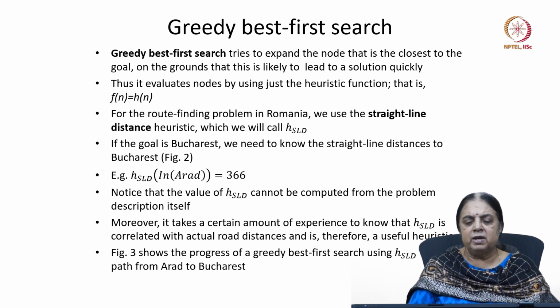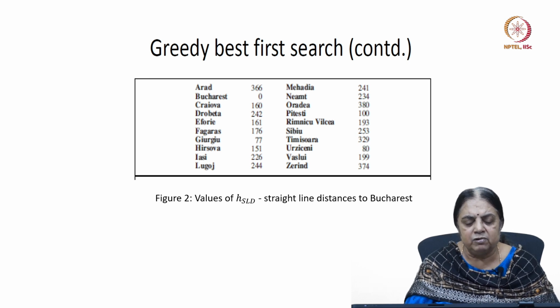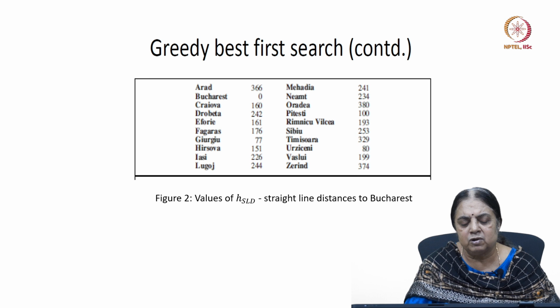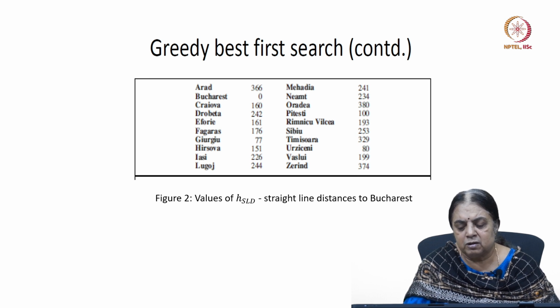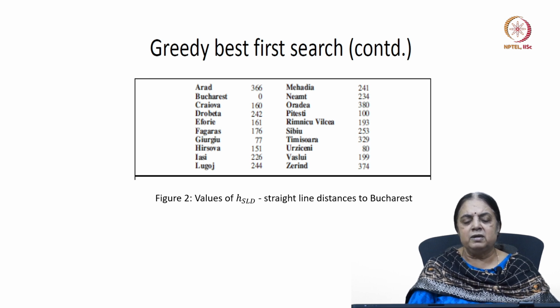So if we look at this particular figure here, it gives you the straight line distance from all the cities to Bucharest. Suppose your goal state is Bucharest, then you need to have the straight line distance from all the cities. We know that there are 20 cities, right? So from all these 19 cities, what is the straight line distance from there to Bucharest? So if we have this, then